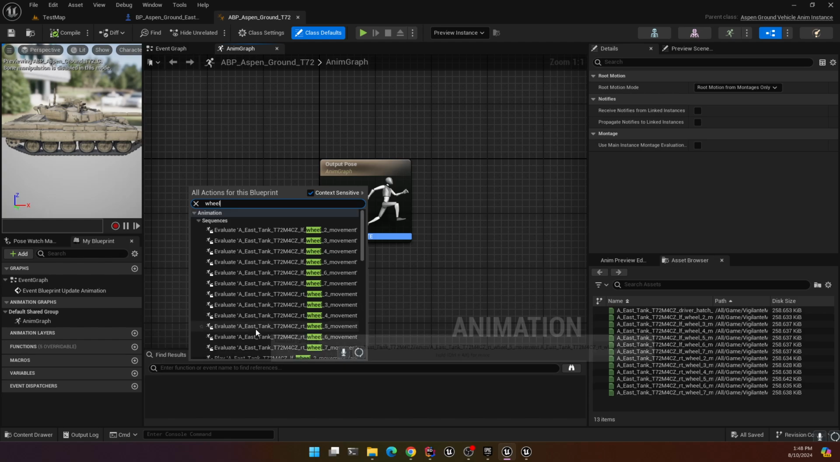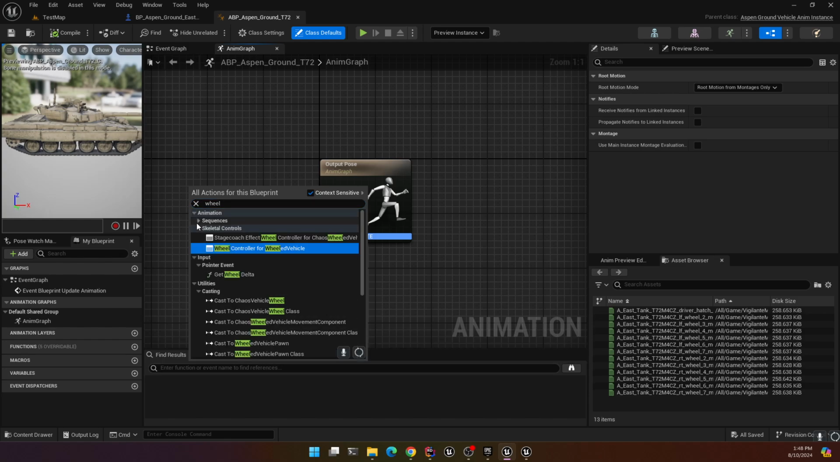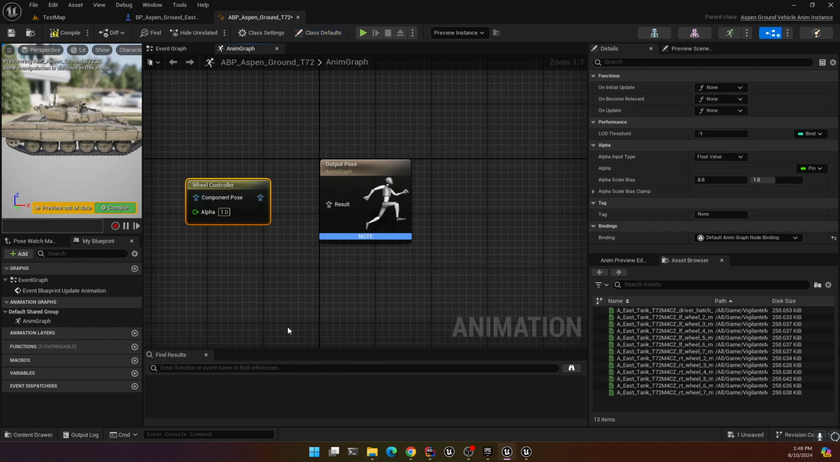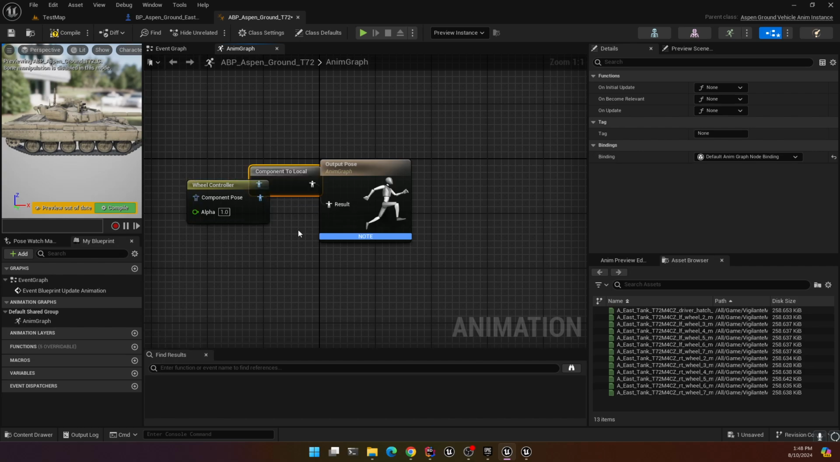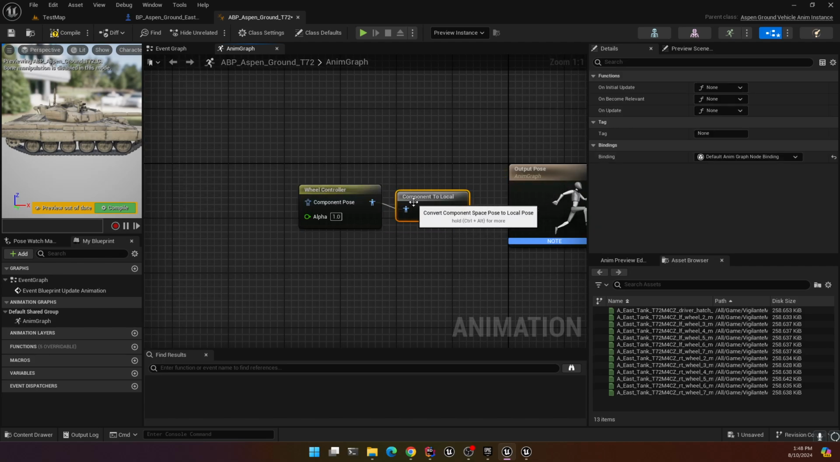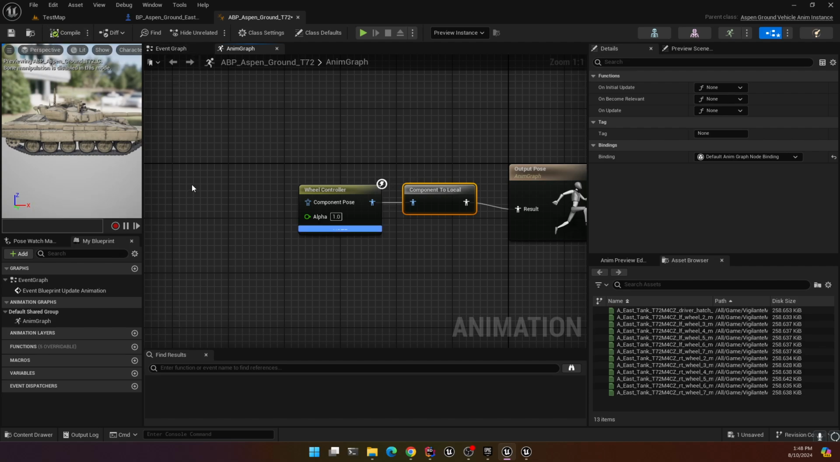Cannot remember what I want. Oh, I think this is it right here. Wheel controller for wheeled vehicle. That's what I want. All right. So that just makes the wheels move